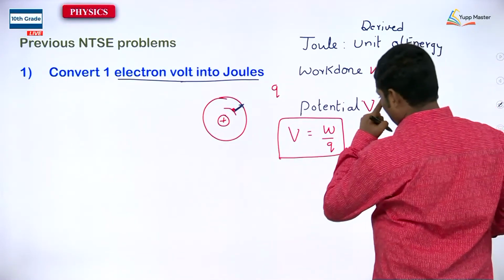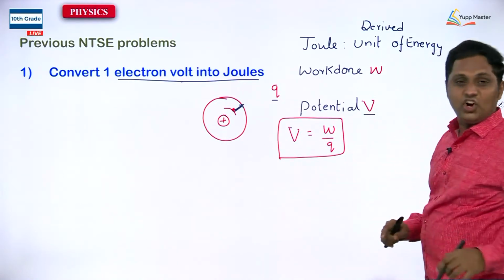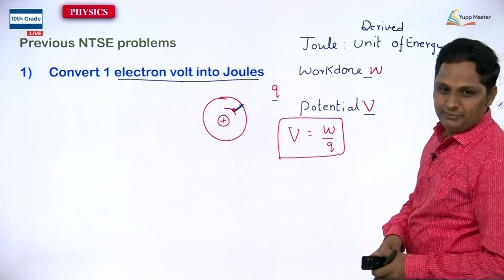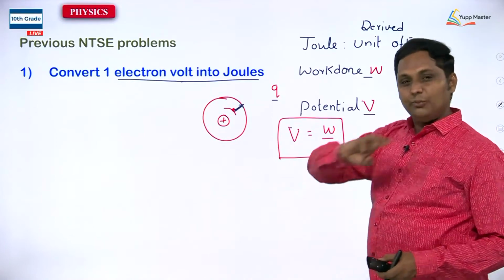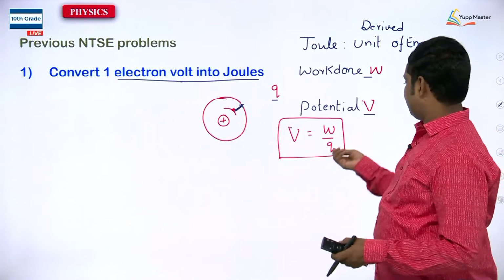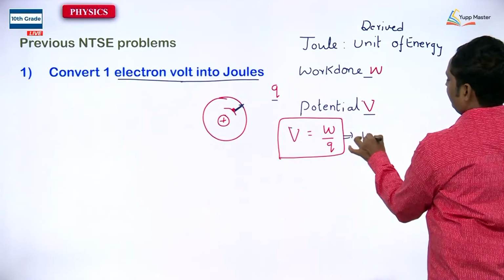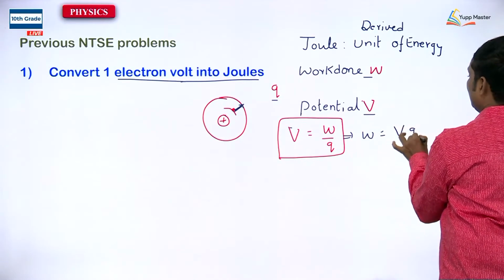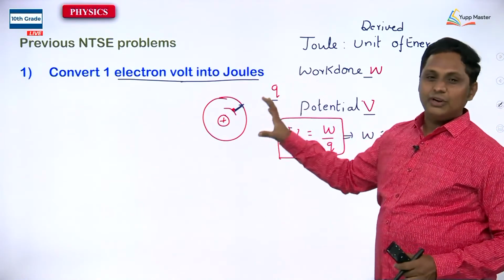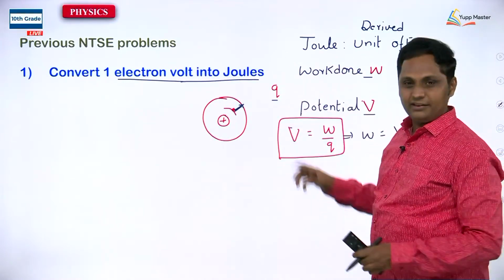Now, we would like to get this potential V, charge is Q and work done is going to be W. From the basic definition, amount of work done to displace the charge Q, it is very clear. Now, from this equation we can take that W is equal to VQ. In order to get the displacement, some work is going to be done, that is very clear.